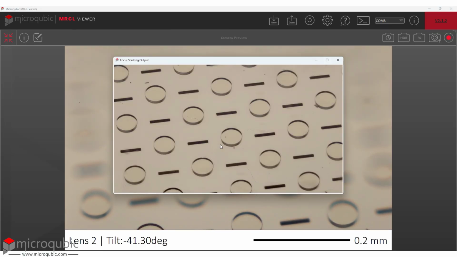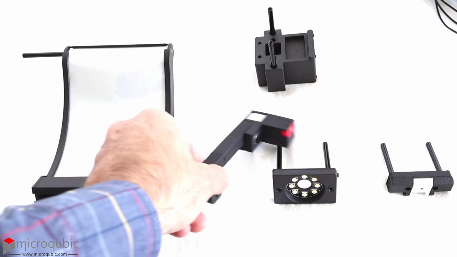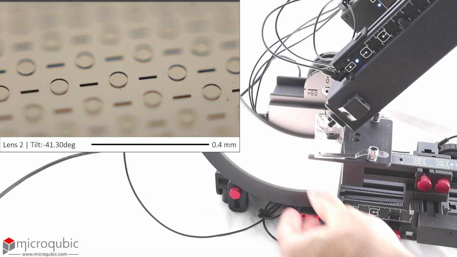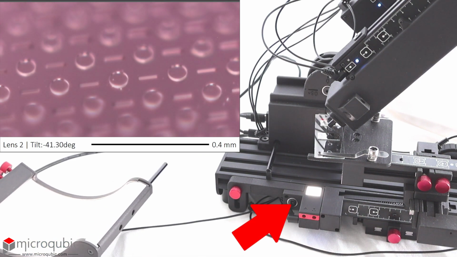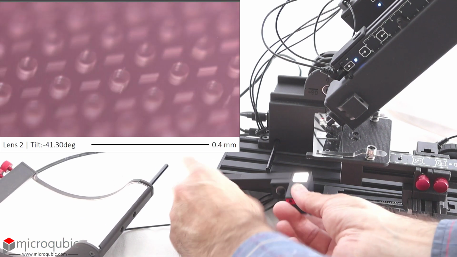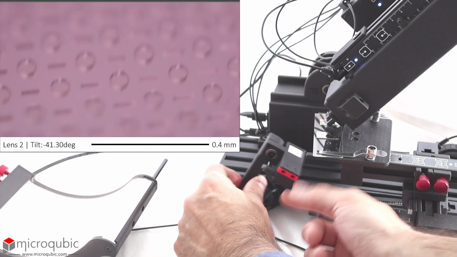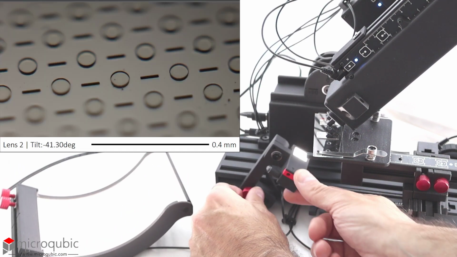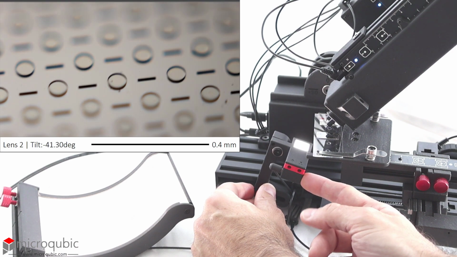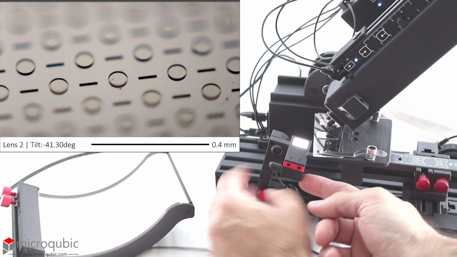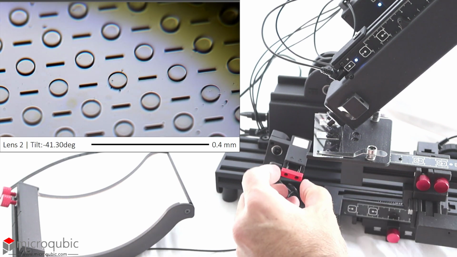If your sample requires a higher intensity light source, you can use the spot illumination, which is already fixed to the base with a thumb screw. Unlike the curved illumination, which can illuminate the sample from a wide range of viewing angles, the spot illumination needs to be positioned manually for each camera angle. This light also has a retractable diffuser film, which can be removed to illuminate the sample directly from the LED